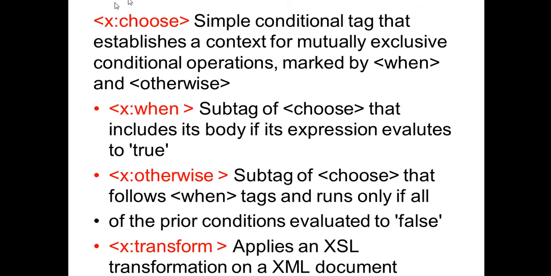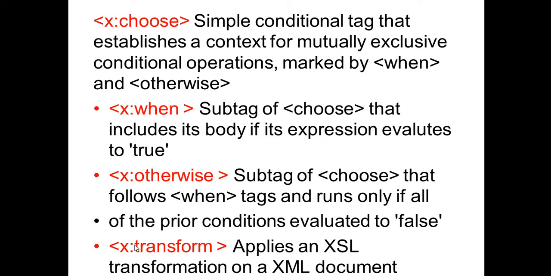Similarly, for a switch-case statement, if you want to parse an XML document with a simple conditional tag, x:choose establishes a context for mutually exclusive conditional operations marked by when or otherwise. So it works similar to c:choose, c:when, c:otherwise. Here is the slight difference between the core tag library and the XML tag library: x:choose, x:when, and x:otherwise.